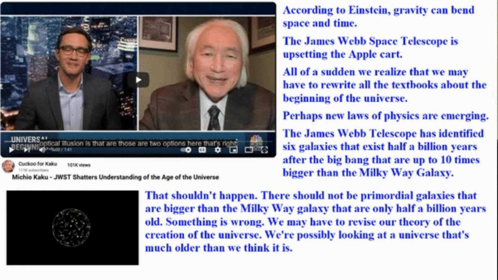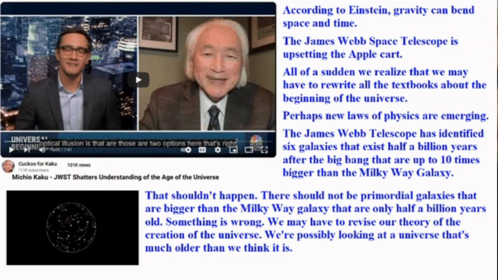But he says the following, good old Michio here. He's saying that the James Webb telescope now can see a little farther, and it's putting some of the theories that all these mathematicians have been living with for almost 100 years in doubt, and says that all of a sudden we realize that we may have to rewrite all the textbooks about the beginning of the universe. Why? Because right now we have 13.8 billion years ago or something like that, close to 14 billion years ago that they say Big Bang started, but now they're finding galaxies and other stuff out there that couldn't have formed so fast, and so they may have to revise the date in which Big Bang happened, push it farther back.